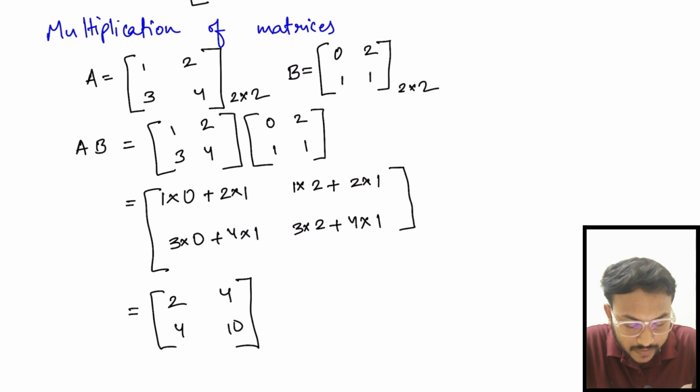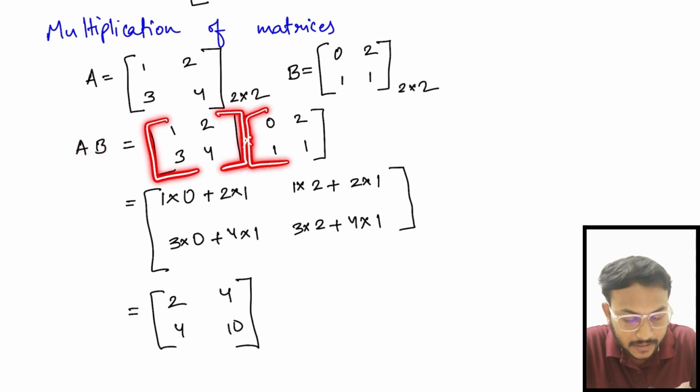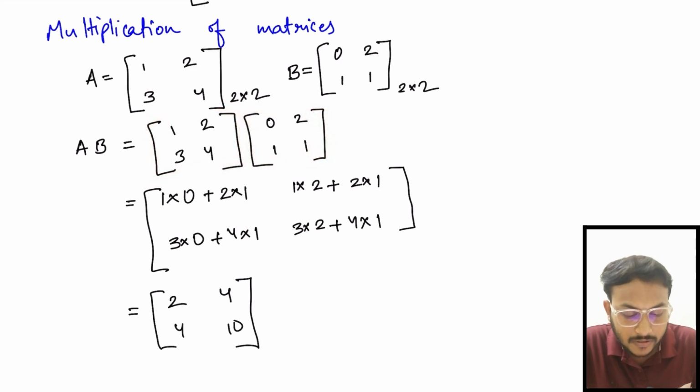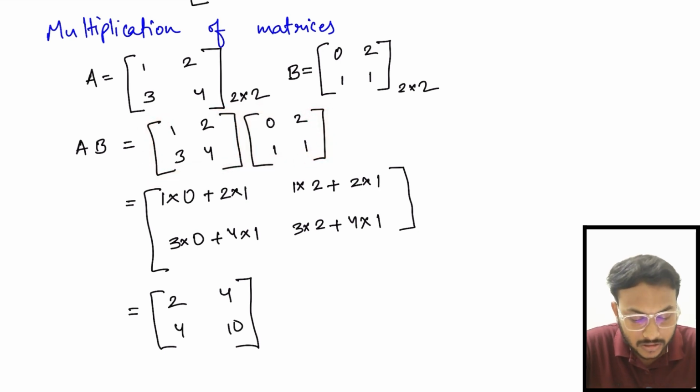Next, we need to find A into B. We have to find the product, the multiplication of matrix A and matrix B. So we need to find AB. So we have written matrix A multiplication matrix B. Now we will multiply the elements. Don't multiply the corresponding elements in multiplication of matrix. Let me clear the point. When we do the multiplication of two matrices, don't multiply the corresponding elements.